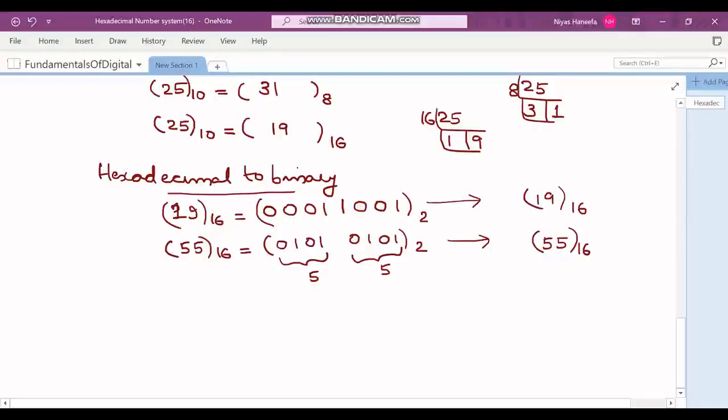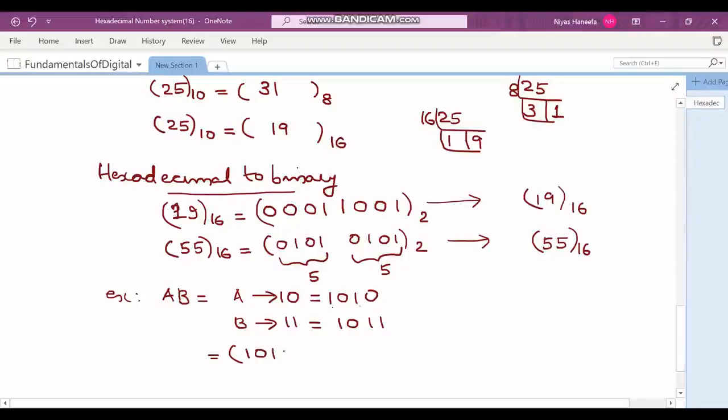So if you have another number, for example AB, and you want to convert this to binary. So A means, what you have to do is see what is the decimal value of A. A corresponds to what? 10. So represent that 10 in terms of binary. So 1010, 8 plus 2. Then see what is B. B equals 11. That means 1011. Now AB, the equivalent binary representation is 1010 1011 to the base 2. This is in base 16.